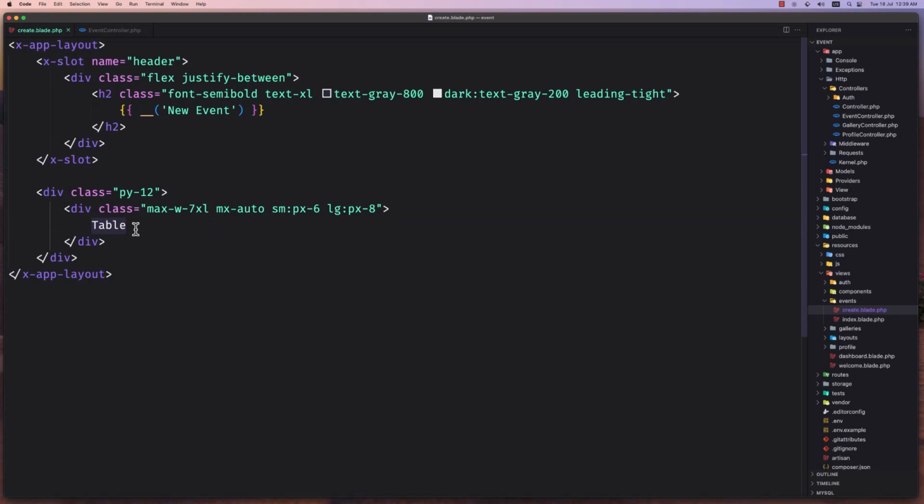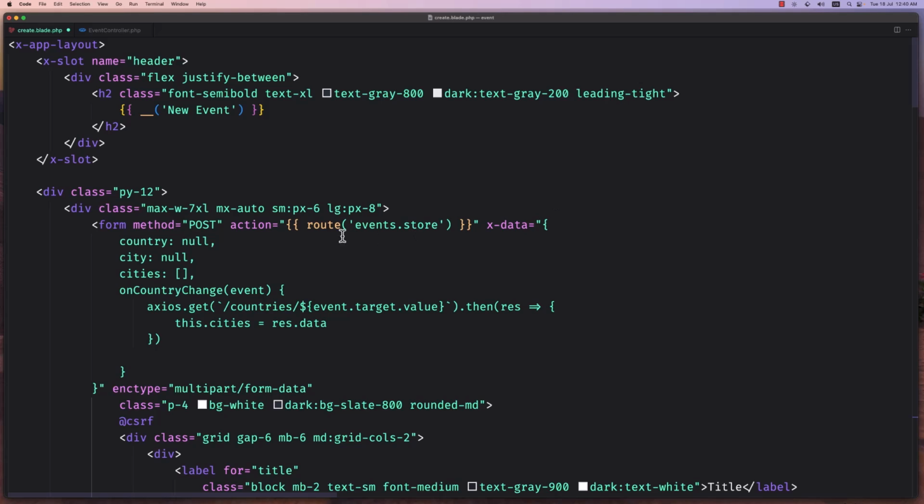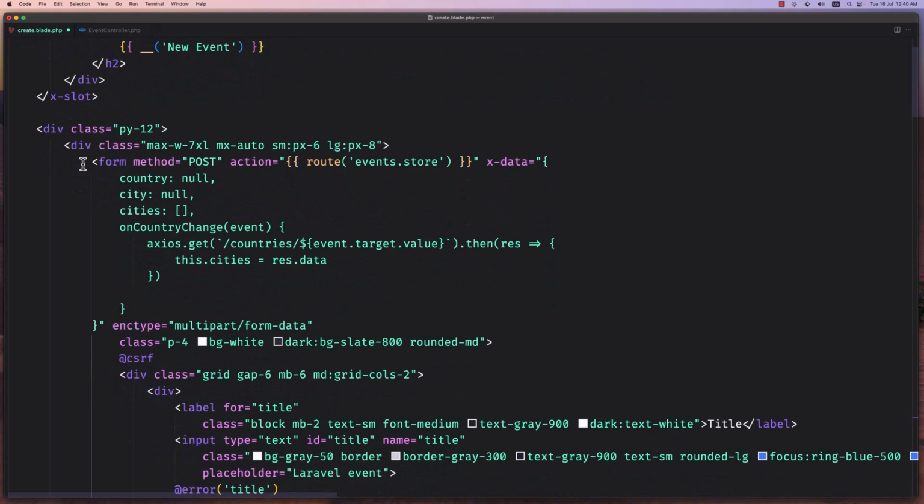So in the table remove that and paste the form, and I'm going to show you from top to bottom. So here we have a form with method post, action is going to be the route events.store, and then I have used Alpine.js x-data. I have created a video for that, on how to create a dependent dropdown with Laravel and Alpine.js. In here I have added the country, cities, and a function onCountryChange, passing the event here, and